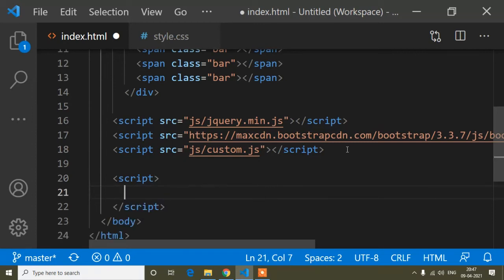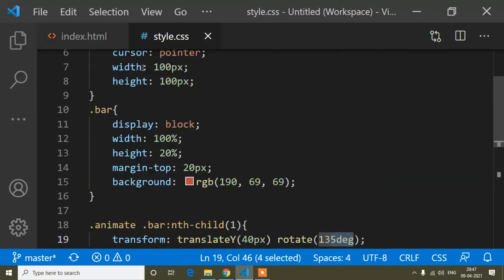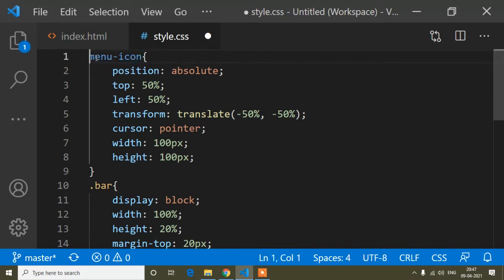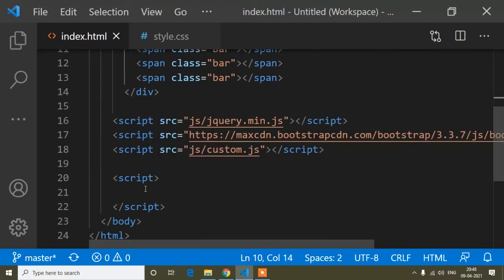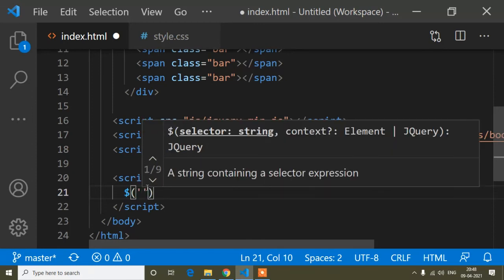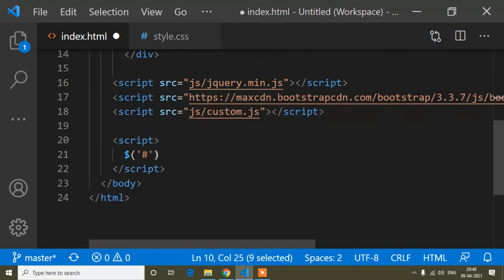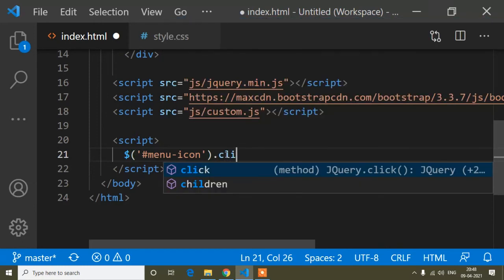So here inside this script tag, I will do one thing: I will write an id here, and I will change this one. You can write a class also, but here I will write an id. This is as per your choice. And now here dollar, hashtag, and this menu icon, because when I click this menu icon, I will do something. So dot click